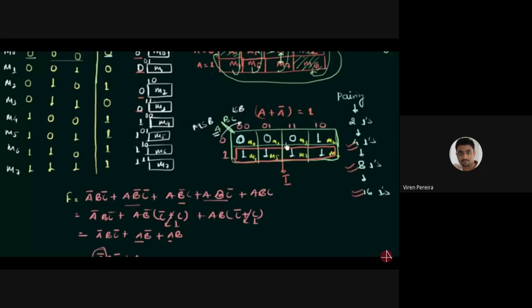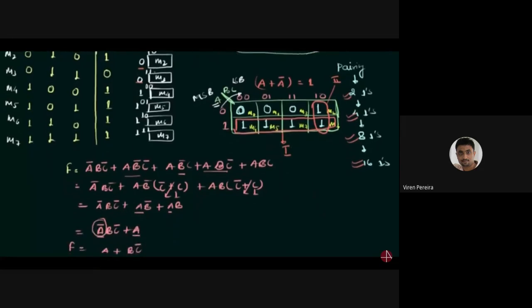Now I cannot see any more pairs of 4 ones, but I can see the pair of 2 ones in this way. So this is our priority, and remember one thing, that the same one can be paired more than one time. For example, in this first I have paired this one, M6, and in this second group of ones I have again paired this one, so a single one can be paired more than once. Okay,